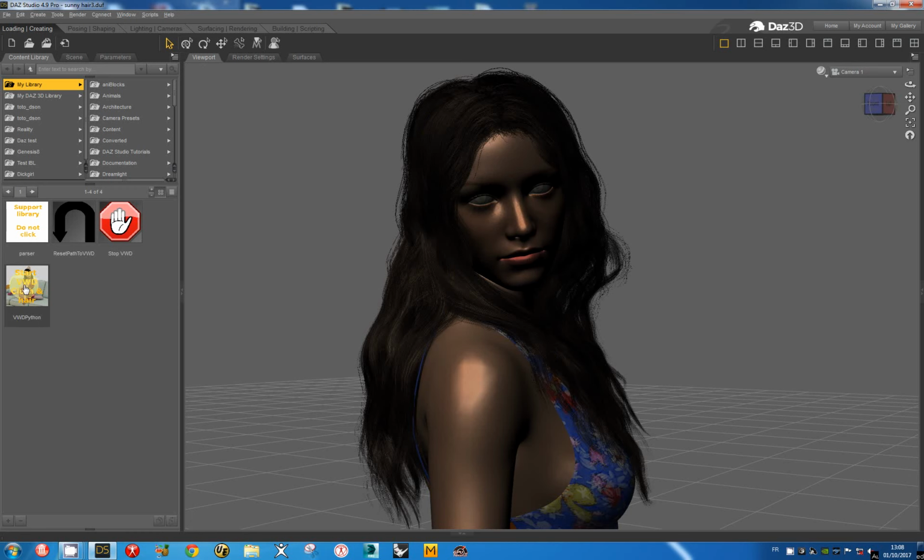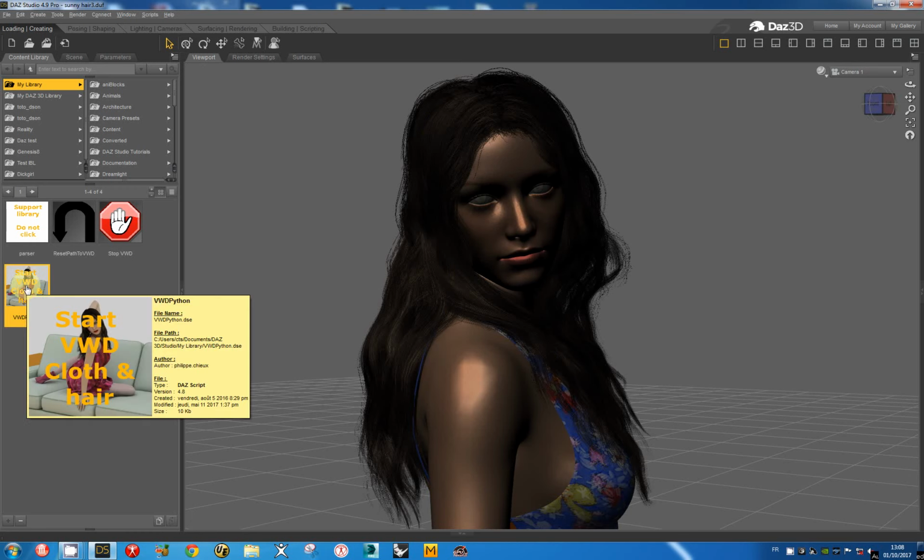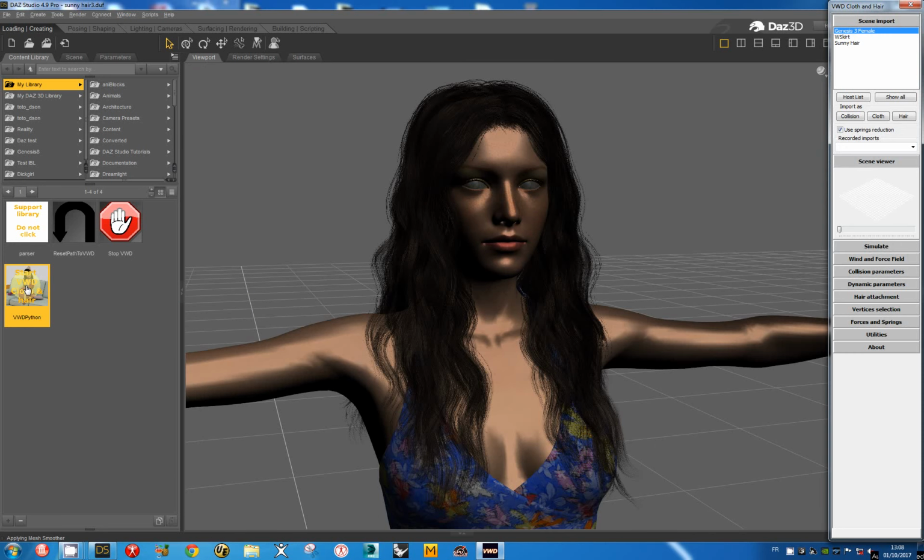I start VWD and I will apply on this hair the same settings as the settings I showed in several tutorials. I start the import, then I will explain during the importation. I will use a recorded import